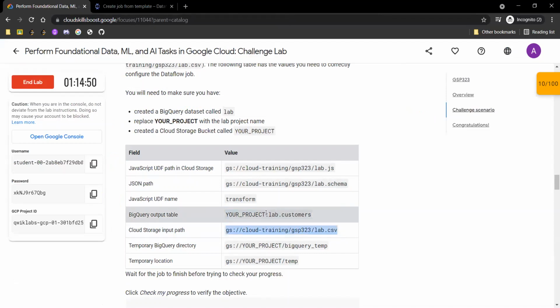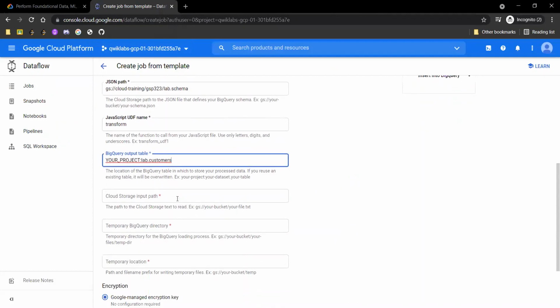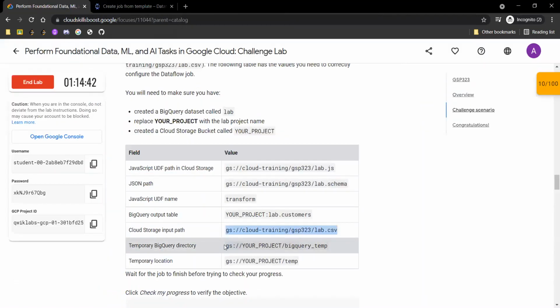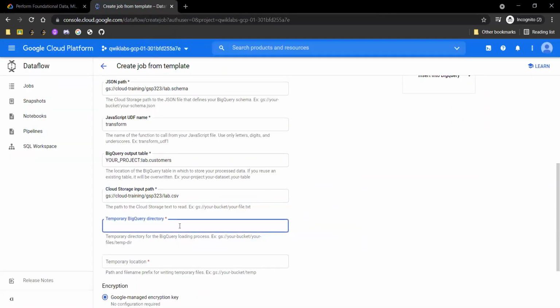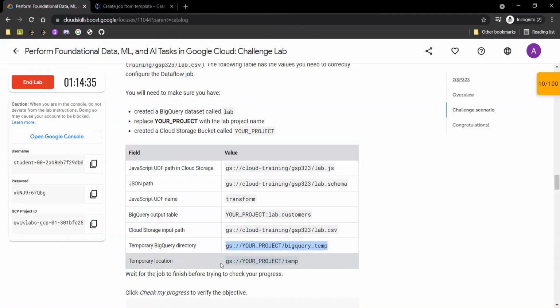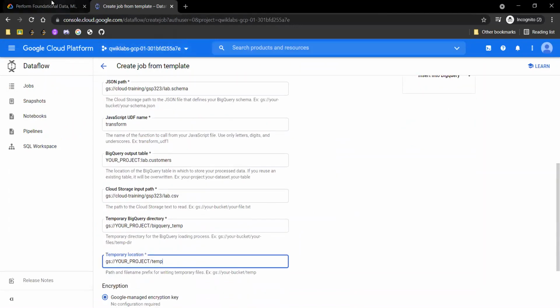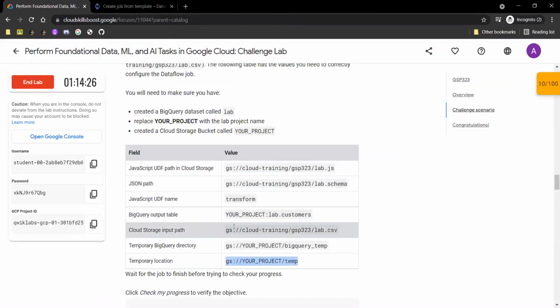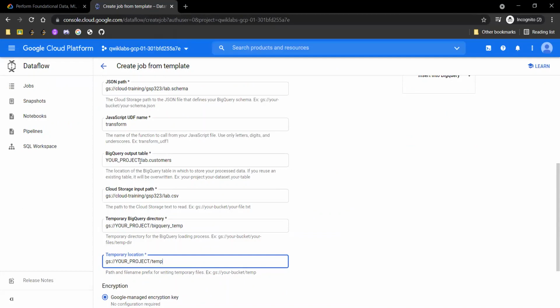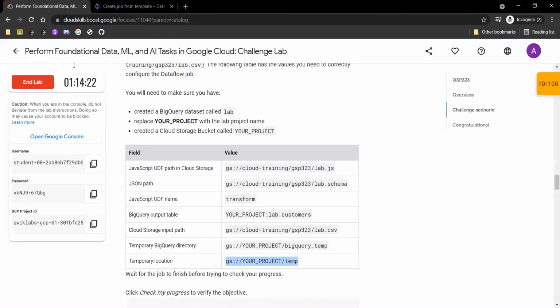Don't worry, we'll change the your-project string at the end after we have entered all the fields. So all the fields are successfully configured as per the data given to us. Now we will replace all this your-project string with our original project ID.